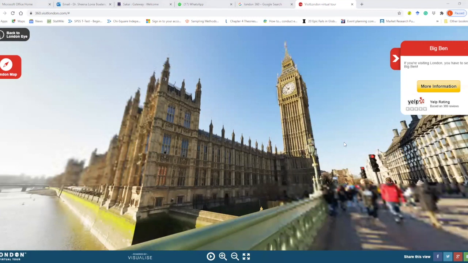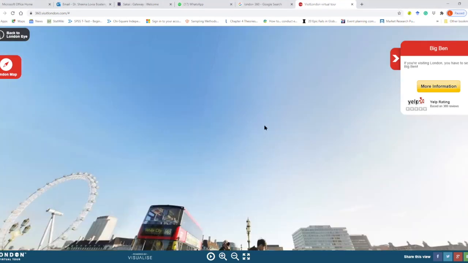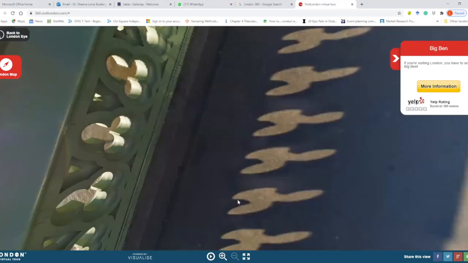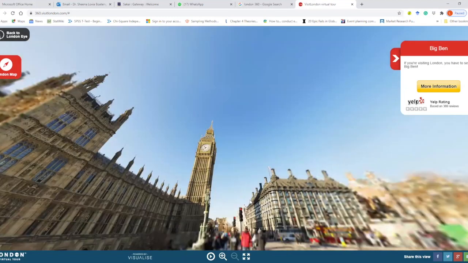All right, so here we are at Big Ben. I believe it will be the same concept. We stand at one place and we spin around. Yes. So we are just spinning around, standing at one place, and it will bring us back to Big Ben. I knew it. Okay, but the name suggests that it's 360. So we can look at the sky, look down, and then spin around. But it's all in the same location. So I believe they are still tinkering with the technology, and very soon we will be able to do more.